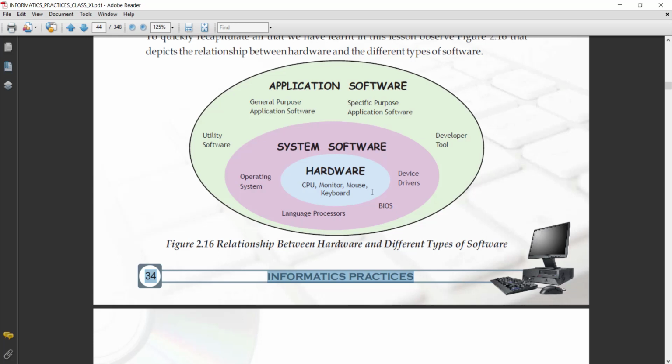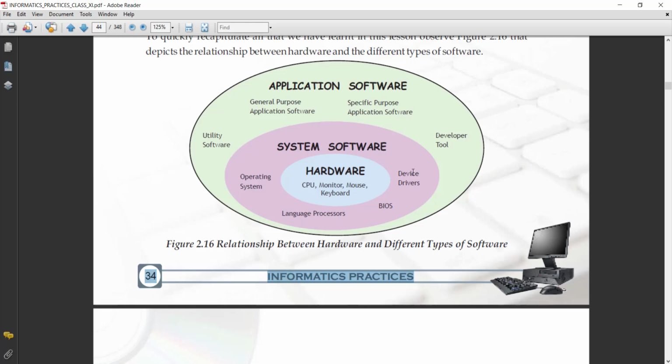What did we learn? We learned different types of hardware. We also learned system software. In system software, we learned operating system, language processor, BIOS, and device driver, which come under system software. In hardware, what comes? CPU, monitor, mouse, keyboard, meaning all input and output devices come under the hardware.